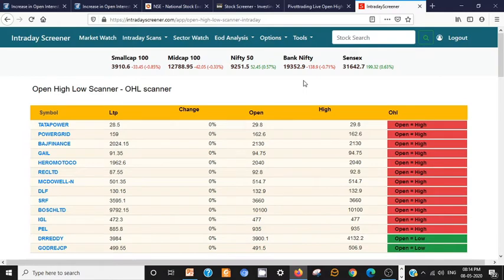There is one more intraday screener called intradayscreener.com. You have to go to the site and register, and there it's going to pop up the list of stocks in the top 100 stocks of the Nifty. The stocks in red are those which meet the criteria open is equal to high, and the stocks in green meet the criteria open is equal to low. Like this, you can select the stocks based upon the strategy open is equal to high and open is equal to low.